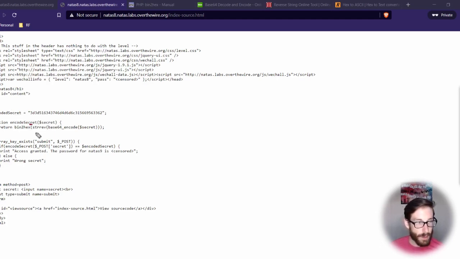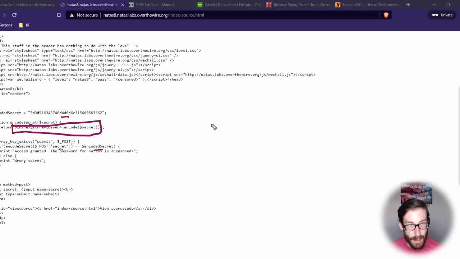And that secret is going to be in our encoded secret, right? And the reason I know that, let me take a step back. The reason I know that's what we're putting in there is because you can see that down here, we're basically checking our function against the encoded secret. So we want to make sure that this secret matches the encoded secret that we have here. And what's happening here is that we're basically encapsulating a few things. So we have this function here, which isn't really a function. It's a series of functions that are occurring simultaneously.